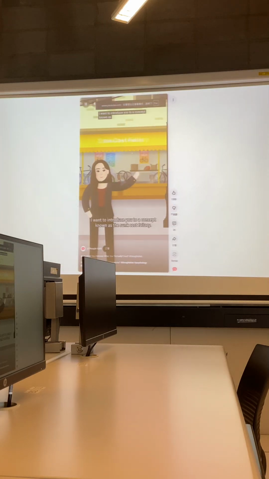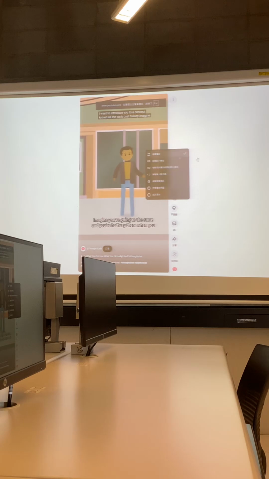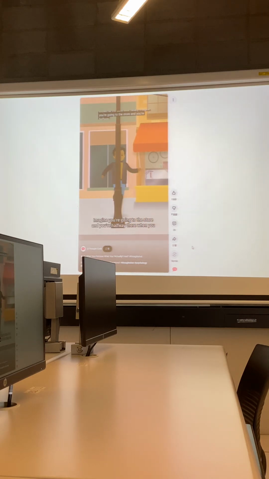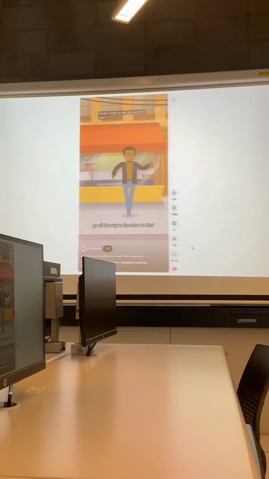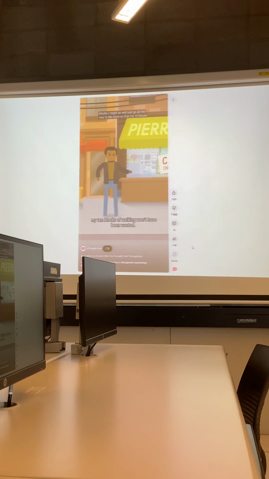The concept known as the sunk cost fallacy. Imagine you're going to the store and you're halfway there when you realize, oh wait, the store is actually closed today. But you figure, well, I've already come this many blocks. I might as well just go all the way to the store so that my blocks of walking won't be